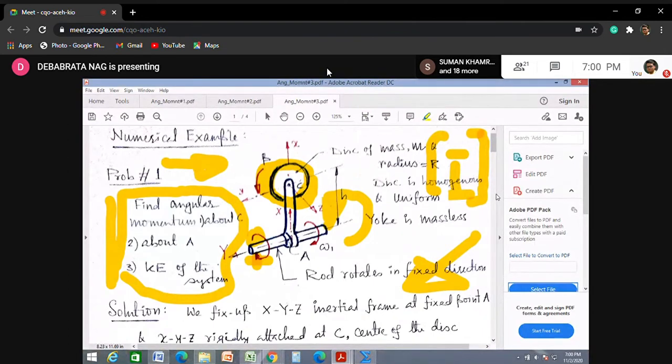I solved 3 example problems to show you how you can find your inertia matrix terms with respect to various axes at various locations of a body. So please solve similar problems from your book by Meriam and Craig. But I told you in that class video specifically that you will find these problems in the appendix section of the book, not in the main exercise. They have included these problems in the appendix.